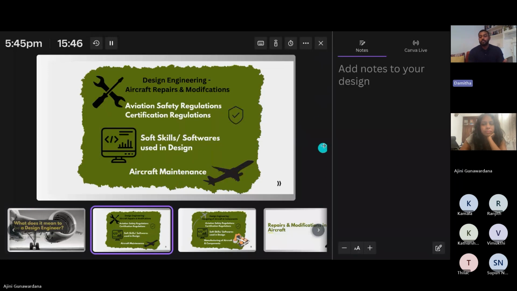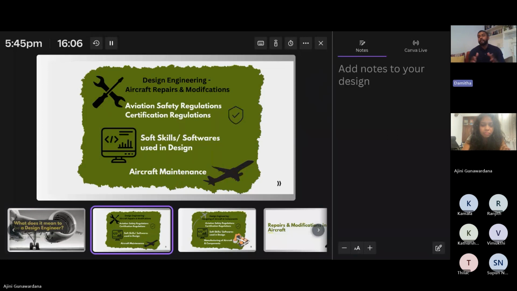Also, you have to think about the company goals as well, because you would be working for a company at the end of the day, to help them meet their revenues. If it's a new product they're doing, you need to make sure that you can sell the product. It's a marketable product. So all these factors come into play.